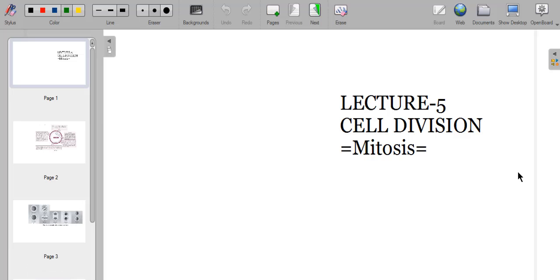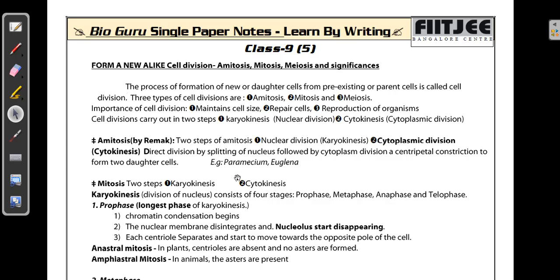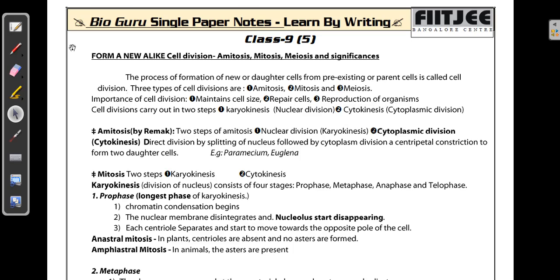Hello Shishas, welcome to lecture 5 on cell division. We have already seen the importance of cell division. The cells are the unique structures that you find inside living organisms, and they play a major role in transferring the genetic material and also the various functionalities. That's why in all living organisms of their own species, all the cells work in a specific way. Based on the way the cells divide in all living organisms, we have classified them into three major groups: amitosis, mitosis, and meiosis.